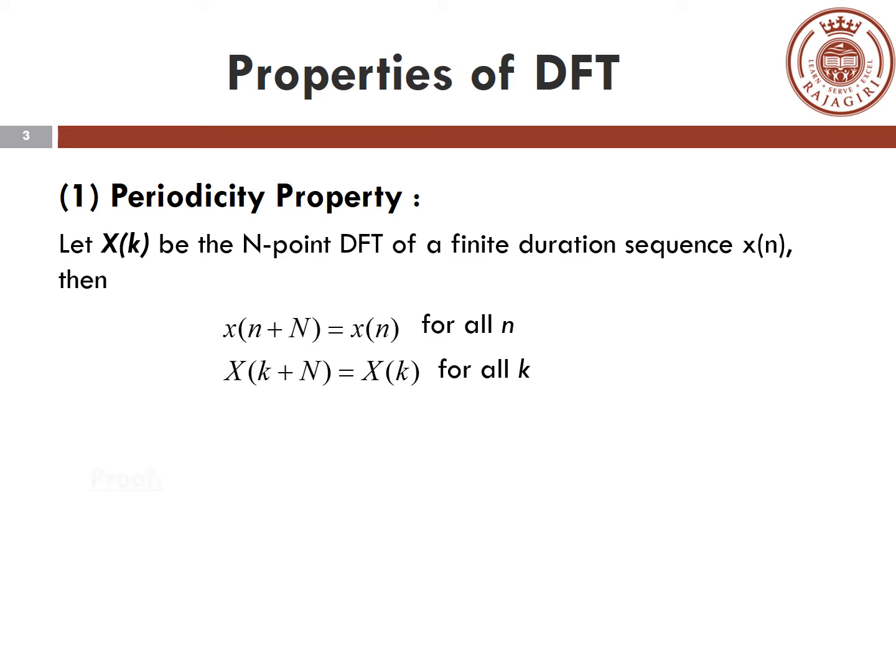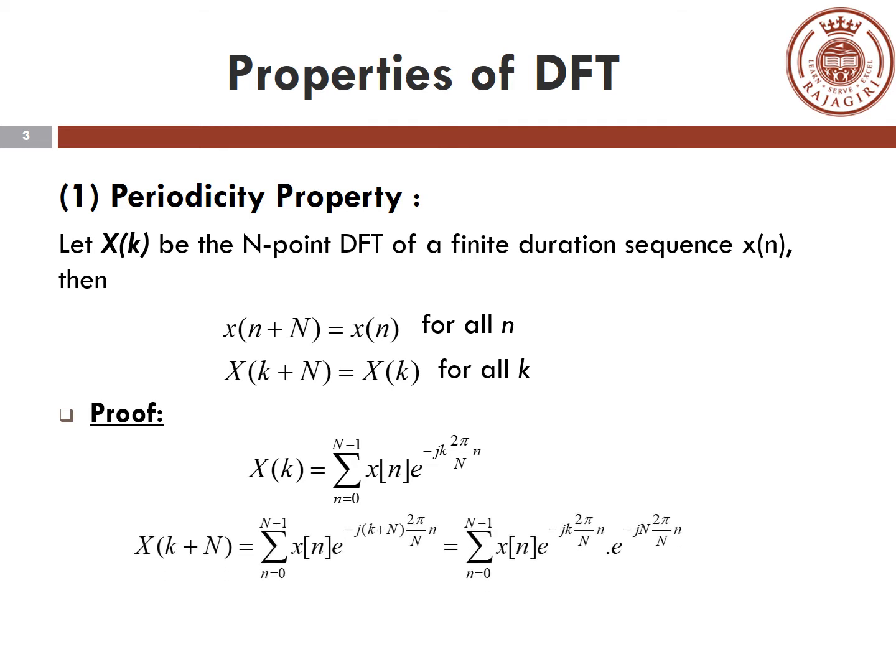Now, the proof is very simple. It's a very straightforward proof. Let's start with x of k. Here we have taken the sum from 0 to N minus 1 because we know that the duration of your x of n is capital N, so I need to consider only one duration. And this is the equation. Now, let's find x of k plus N, because ultimately I have to prove it is equal to x of k. So, substituting wherever k comes, substituting it by k plus N, you can see that it becomes x of n e raised to minus j